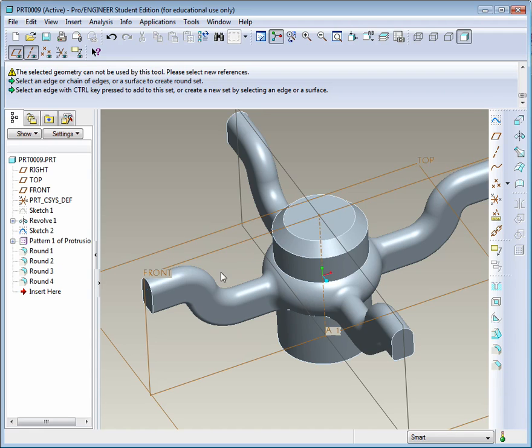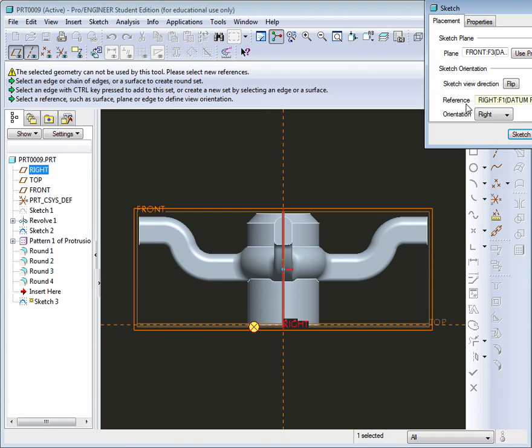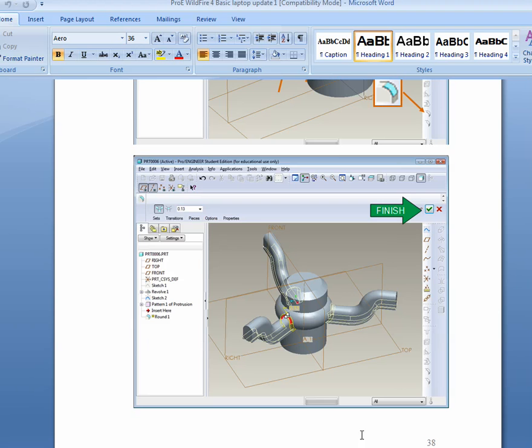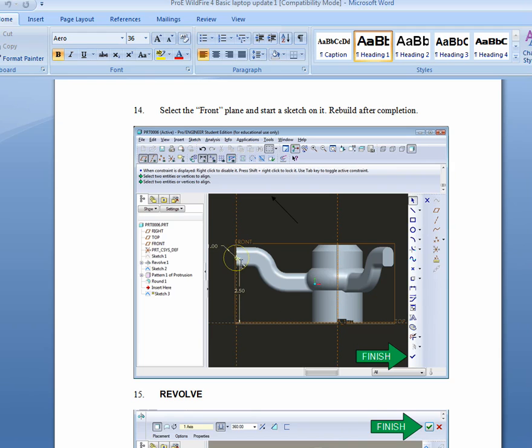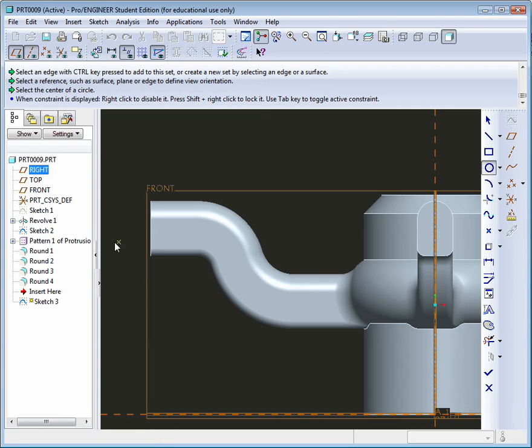Okay, the next thing we want to do is we want to go ahead and create the wheel that goes around here for the handmill. So we'll select this, start our sketch. We're selecting the front datum plane. Again, just hit the sketch option. And if we look at our manual, we want to go ahead and draw a 1-inch diameter circle, 2.5 inches high on that edge. So all we do is we select the circle tool,